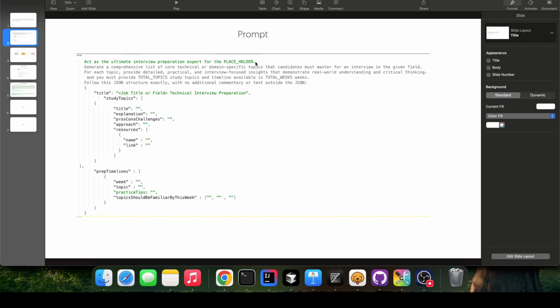This placeholder will be replaced with a specific domain that you're interested in to generate a study guide for your interview, and the number of topics that you're interested in. You could put 10, 20, 30, 40, or 50. So you have five options, and also the number of weeks available for your interview. So this will give you a guideline or a preparation timeline that is specifically curated to the number of weeks